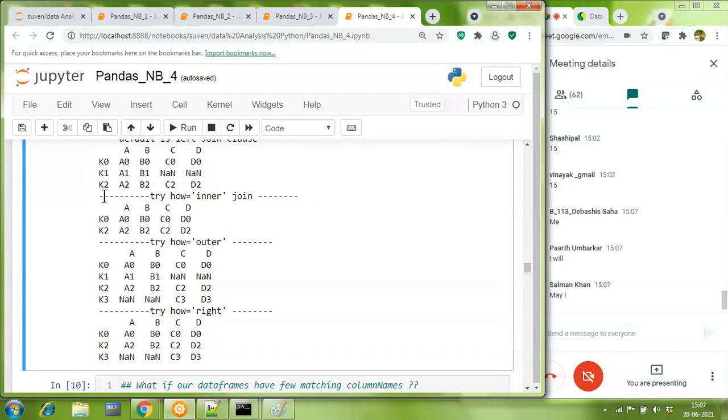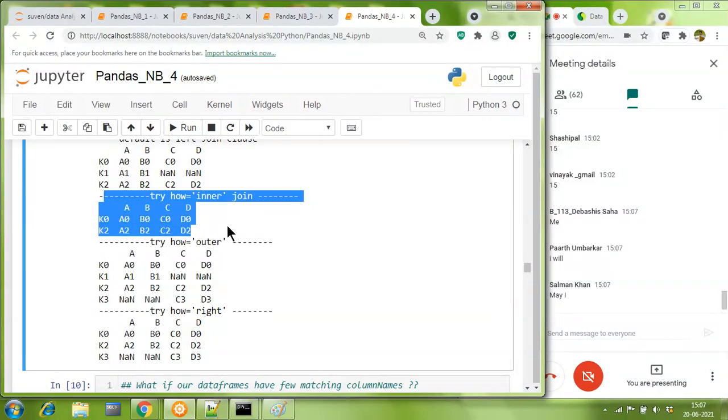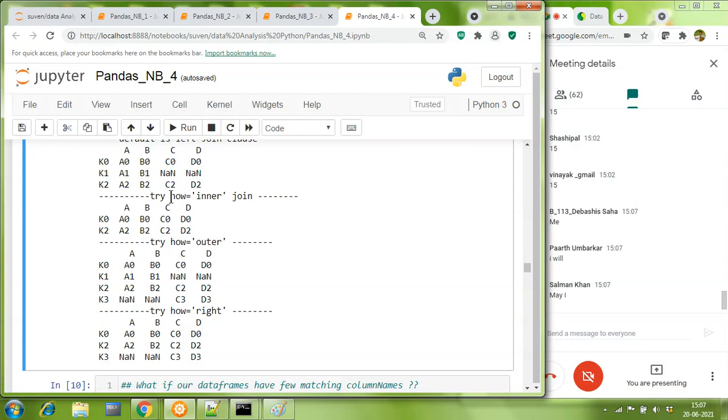Hello. Yes, Salman, please. When we are going to join two data frames by inner join, we will only get the common elements between them. Like K0 and K2 are common in both left and right. Okay. In the very same direction, can you explain to me about outer also?